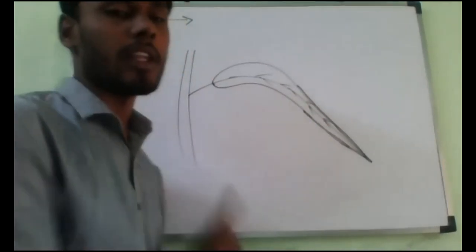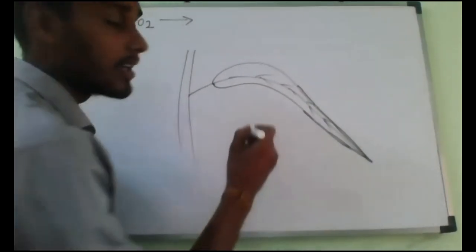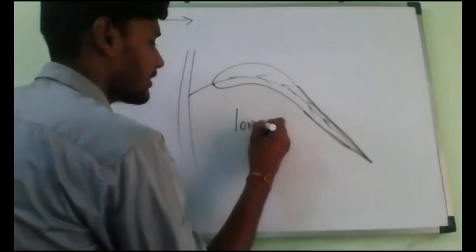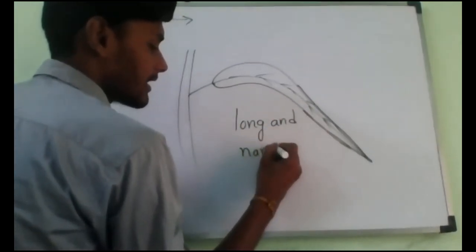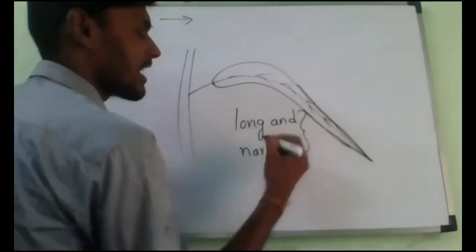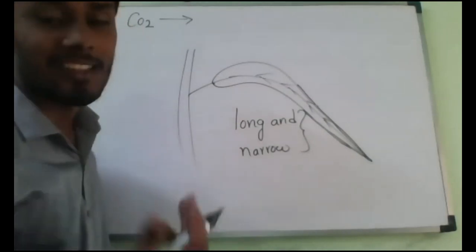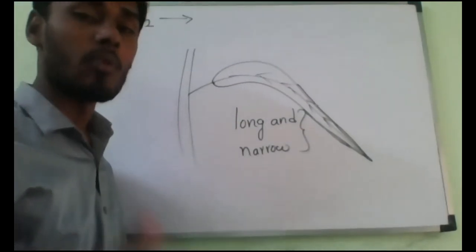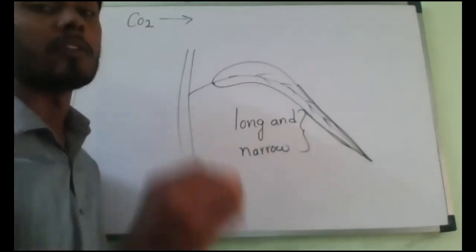So now I have taken one potted plant which has long and narrow leaves. Actually, these concepts they have to keep in lower classes because it is irritating for class 10th. But anyhow, we have to study. There is no other way because questions will come from the middle of this concept.